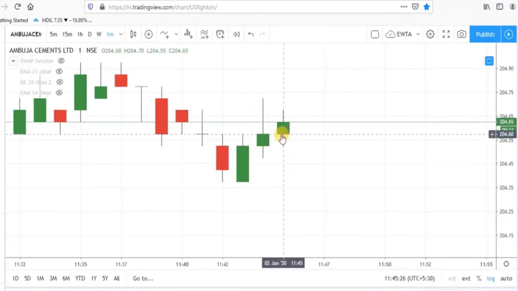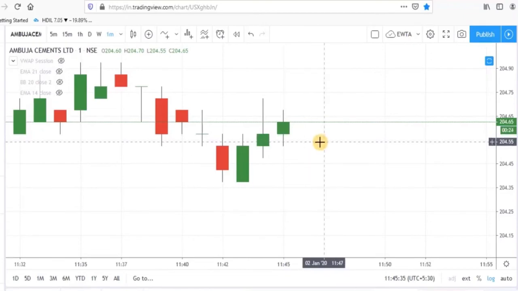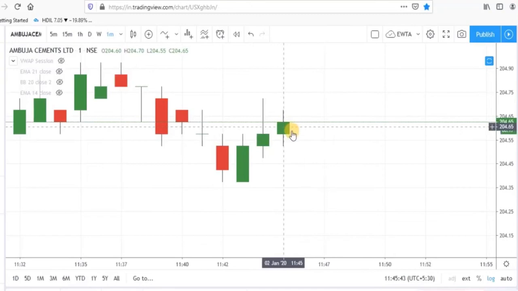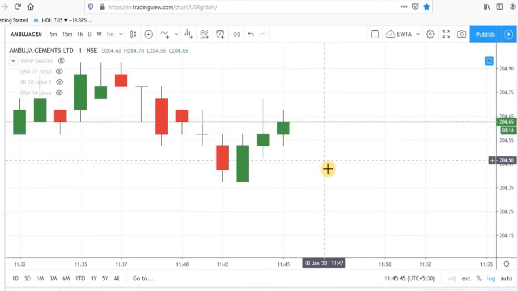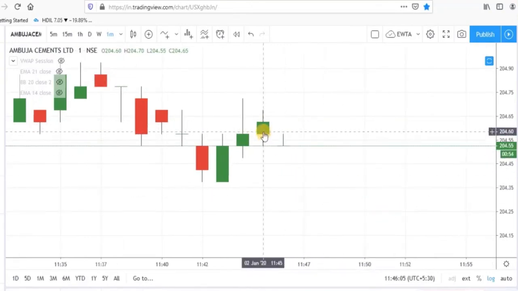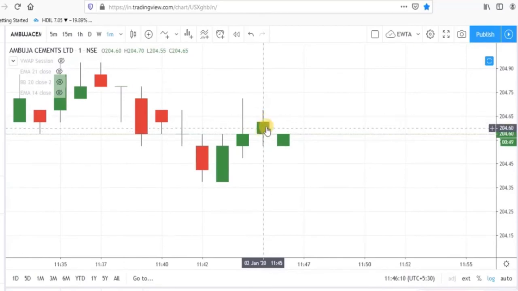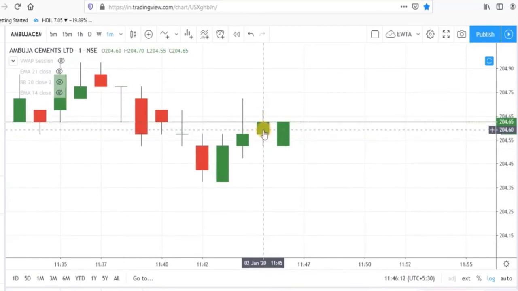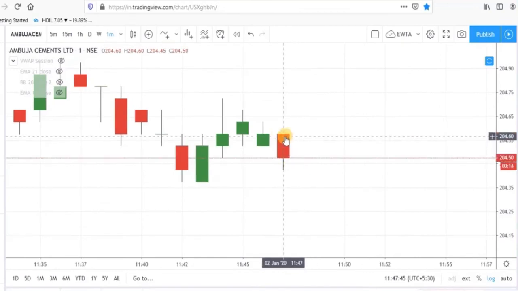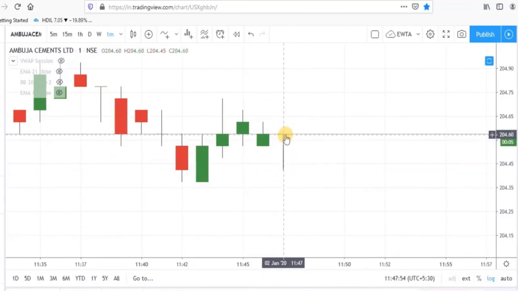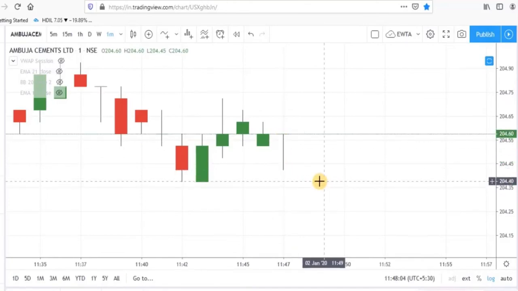Now for next candle, this is the opening price and this was low of this candle and this is high, and we will see where we will get the closing price, and based on that closing price we will get this candle as green candle or red colored candle. Okay, the close was above the opening price, so this candle is a green colored candle and it is a bullish candle. Okay, now see, in this candle this was the opening price and the opening price is the high of this candle and this is the low of this candle. We will see where it will close.